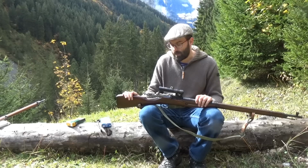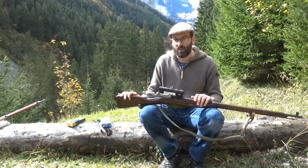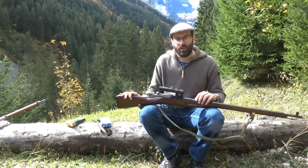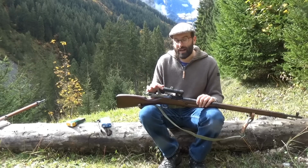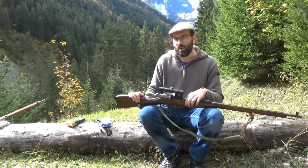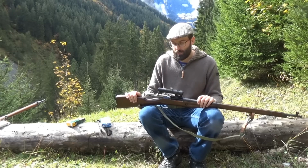I think that realistically, dialing in a shot and then making a hit on a figure-sized target at 600 is probably not really realistic. Now, if any of you have got real PU scopes who've tried this, let me know in the comments how it actually went. But I have a sneaking suspicion, working with this, that what I would do is I would get a really good zero set up for one particular range, say 300 meters, that I would be likely to use it, and then hold off